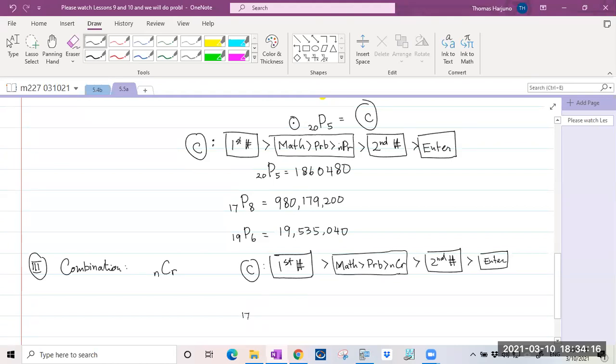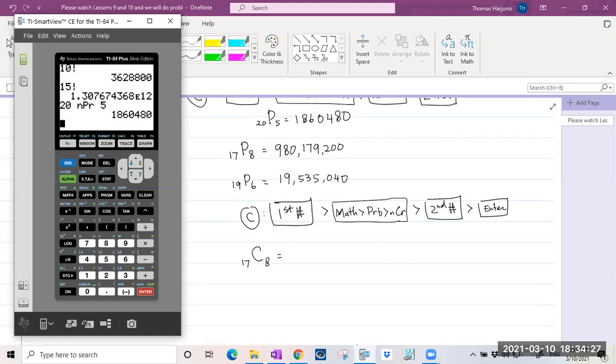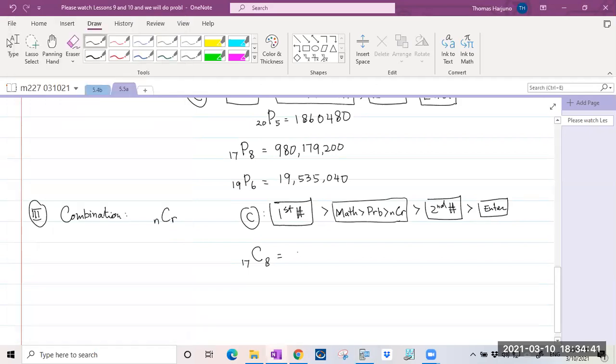Okay, so for example, 17 combination 8, what will that be? Instead of using nPr, we will use nCr. 17, Math, PRB, nCr, 8. That's 24,310. So you can just use the calculator right away, but I would like to spend a little bit more time